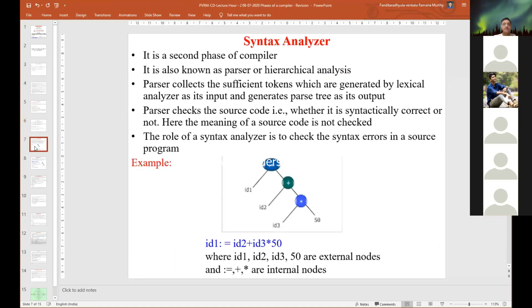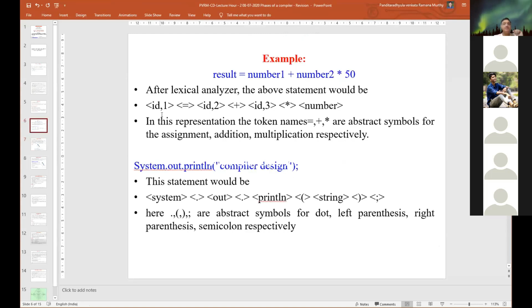In the next phase, the syntax analyzer, what does it do? Here we identify the expression in the form of IDs, and finally the IDs are replaced with their attribute values.